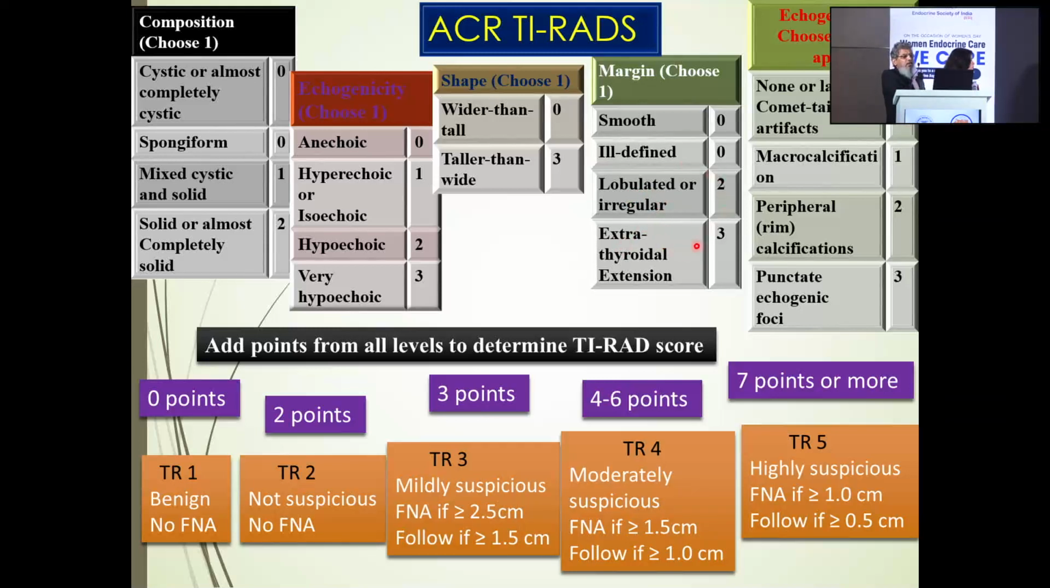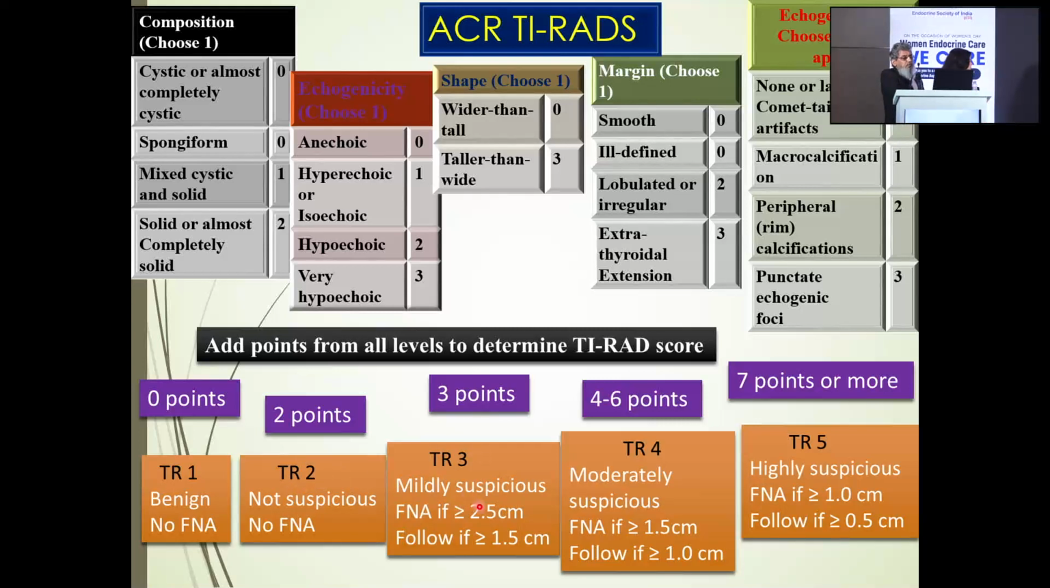So simply, I think every point will have an additional score. As you see here, every additional serious or suspicious point will get a higher score, and the score will go up. If we combine all this and the echogenic foci which we discussed a few minutes ago, then we will be adding all this and call it TIRADS 1, benign, which is 0; 2, not suspicious, no FNA is required;